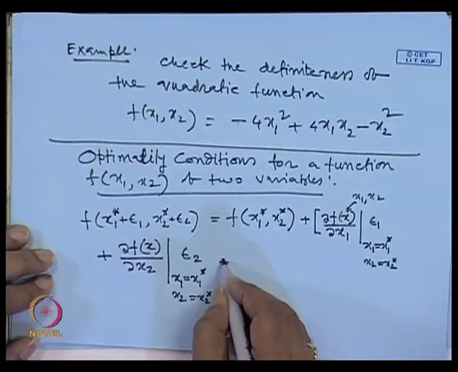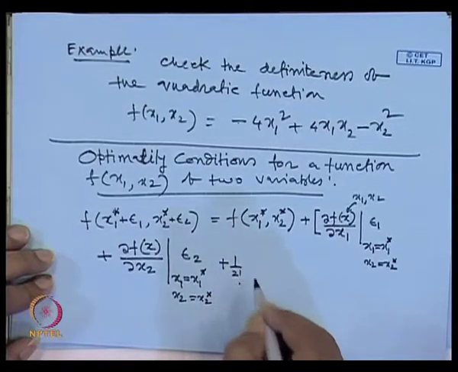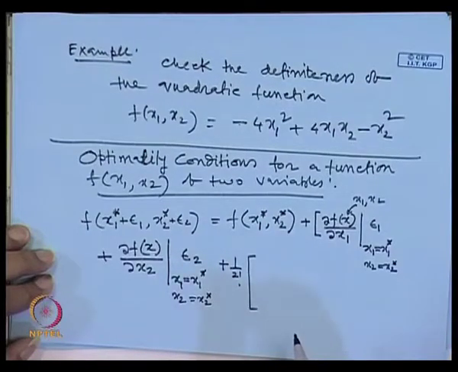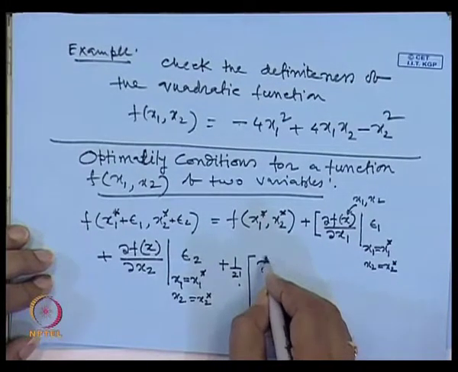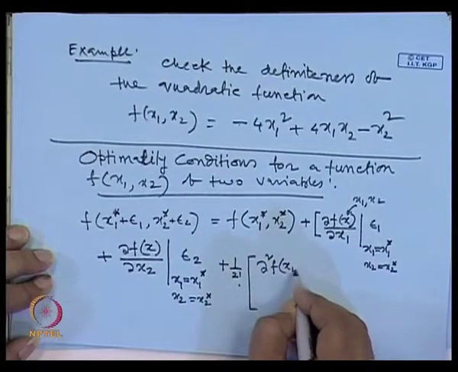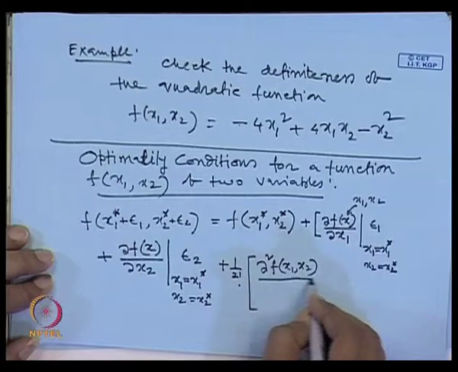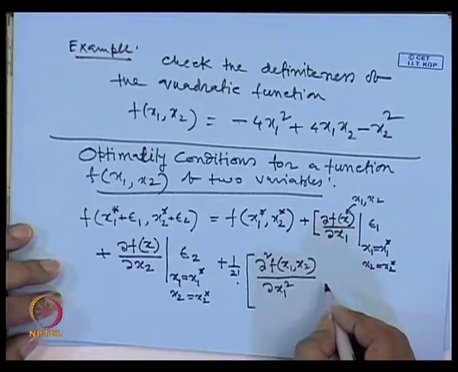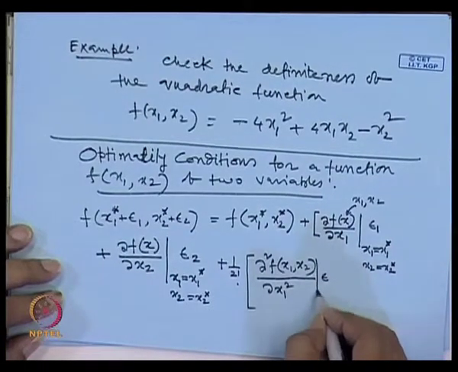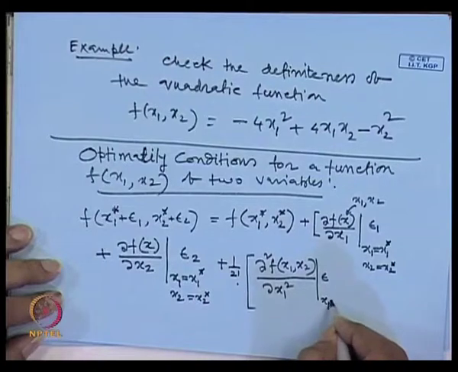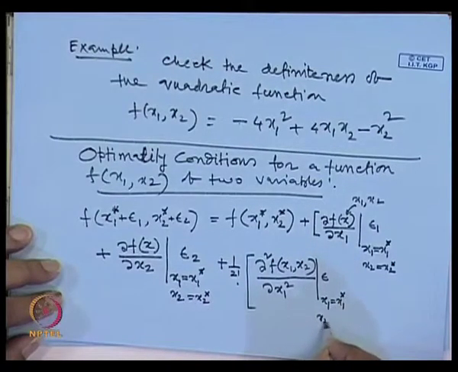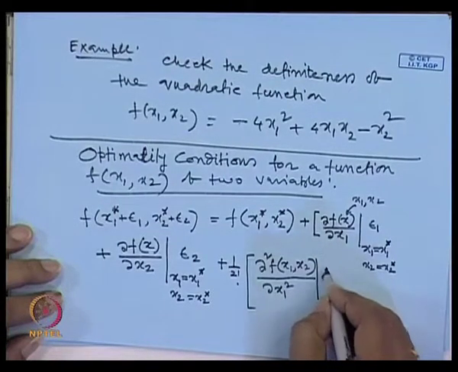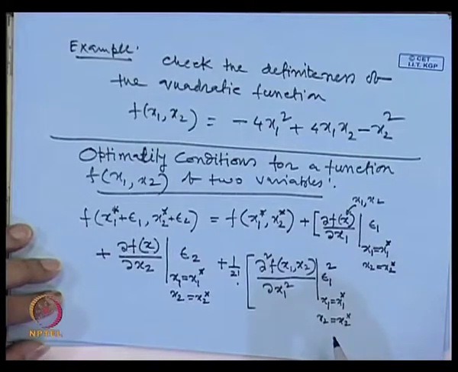Then second order terms is what, half factorial. Then what is this one? Second derivative of f x 1 x 2, differentiate this with respect to x 1 twice, agree. Then you put this value, you find out this value at x 1 is equal to x 1 star and x 2 is equal to x 2 star, because around this point you are doing. So, this will be del square f by del x 1 square, epsilon 1 square, half bracket, then next term